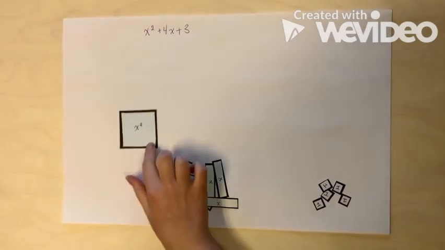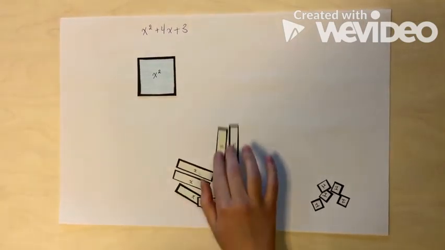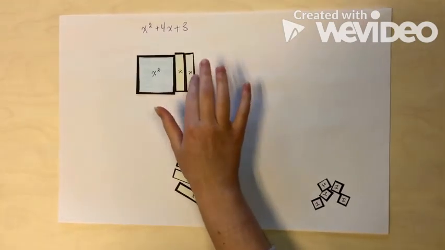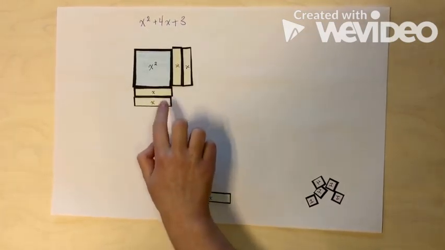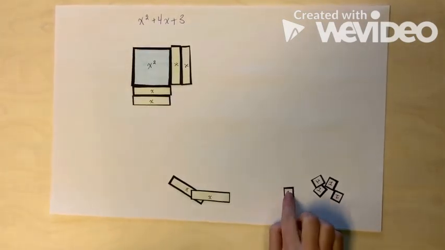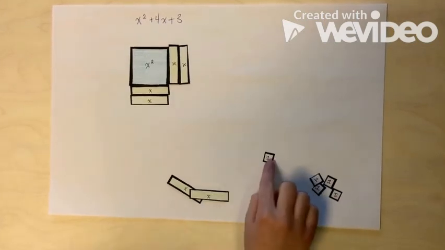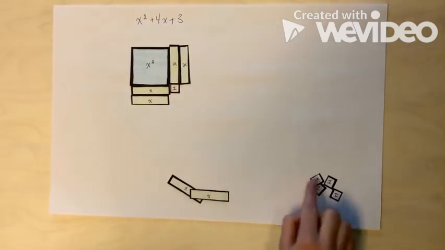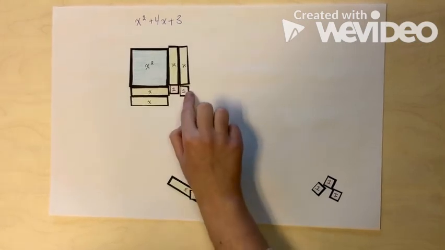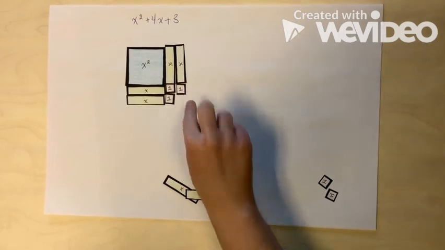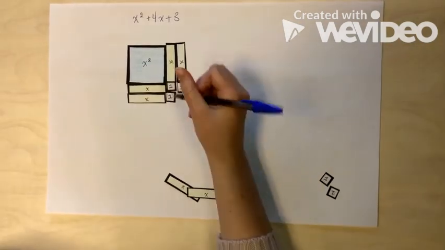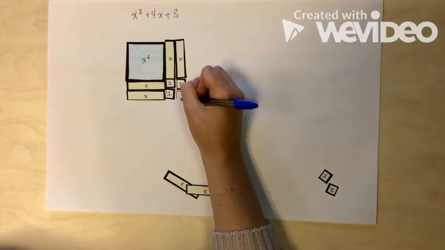So I know that there's going to be one x squared figure, 2 x tiles on the side, and 2 x figures below. But by our equation, we know that there is going to be only 3 of these little tiles. So we have 1, 2,